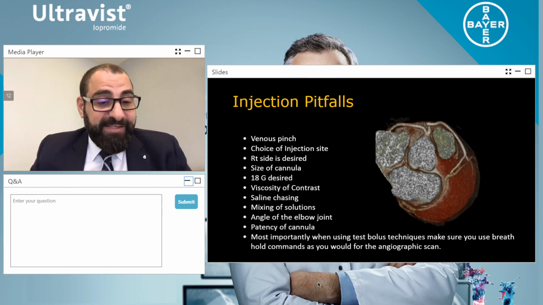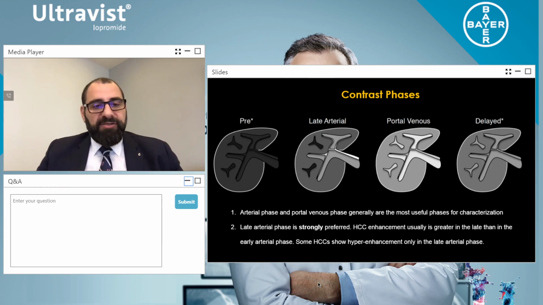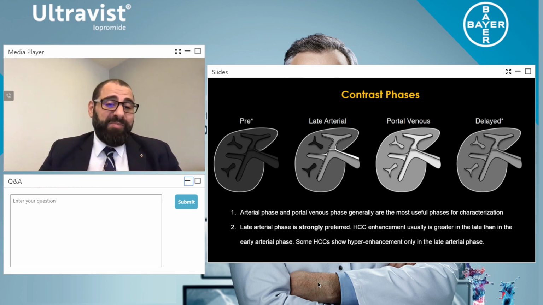Now let's talk about CT enhancement patterns. So usually when we look at contrast media, we'll do a pre-contrast scan of the liver. We should always do a late arterial phase scan. If we do early arterial, remember only contrast is getting there through the hepatic arteries. But remember, we also need contrast to come back through the mesenteric venous system because that's where 75% of blood is flowing through. And 75% of the 1.5 liters of blood that's running through the liver per second, this is where the enhancement is.